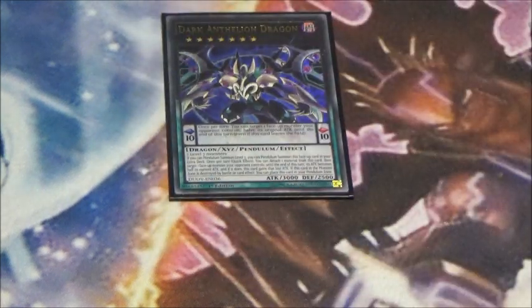So that's it for the links. Then going into Xyz, because yes, I'm actually playing Xyz again now. Playing one of the new Dark Anthelion Dragon. For those who don't know what he does, he's basically Dark Rebellion Xyz Dragon on roids. So he's a generic rank 7. If you have the ability to Pendulum Summon level 7 monsters, you can Pendulum Summon this from your extra deck,